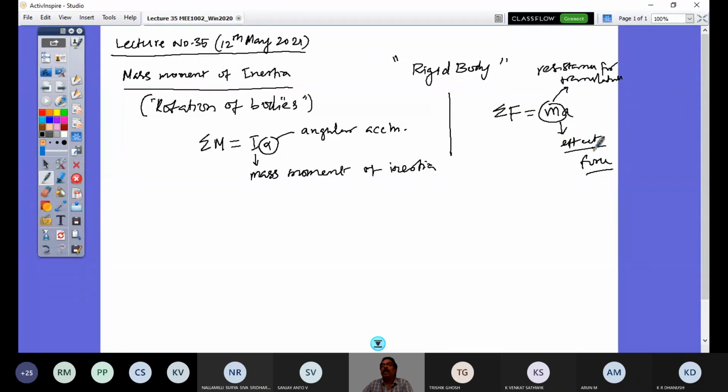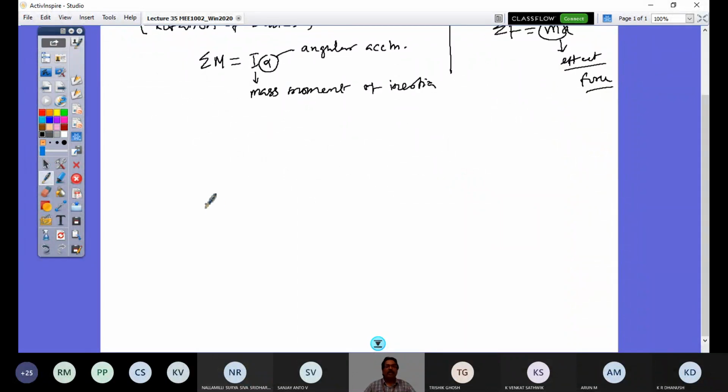So to stop the moving body or to start the body to move, the resistance offered is by mass, whereas in an analogous way, to start the rotation or to stop the rotating body motion, the resistance offered is by mass moment of inertia. So how do you represent that mathematically? Let us first look at it. For that, let us look at a rigid body. In mechanics textbooks, it is customary that we represent the rigid body by drawing something like a potato. There is an axis now represented here, say this axis.